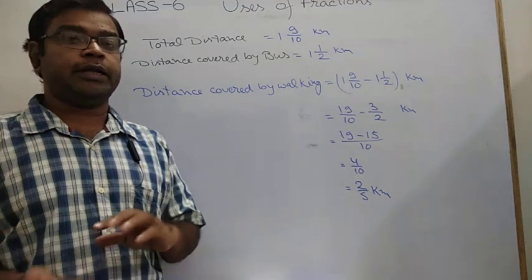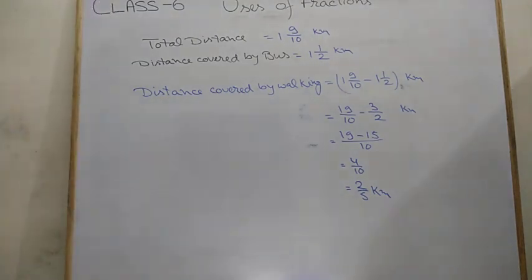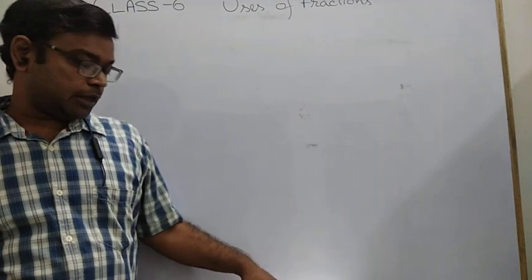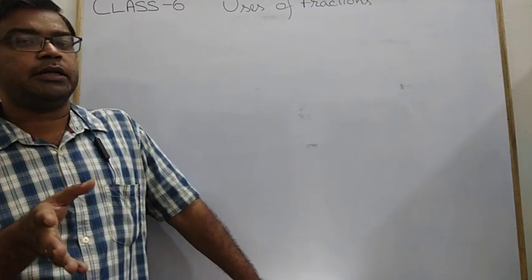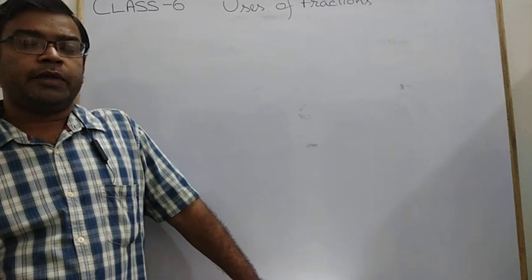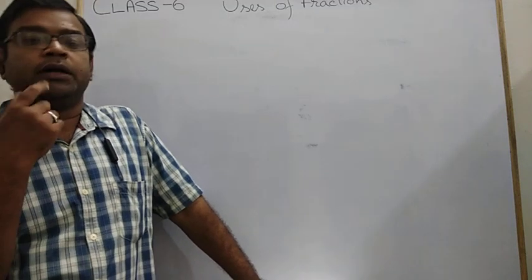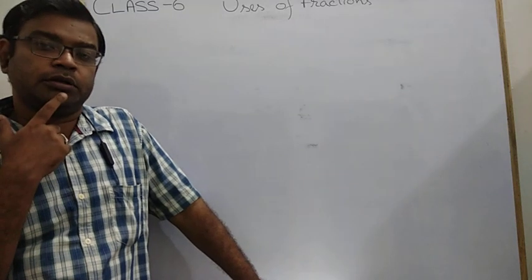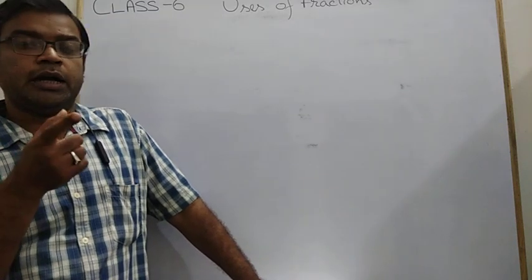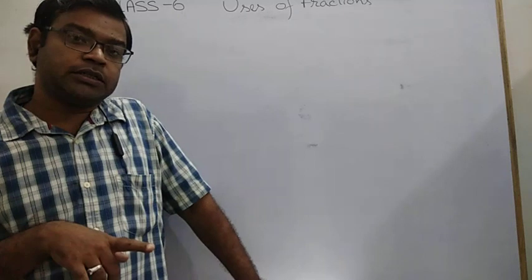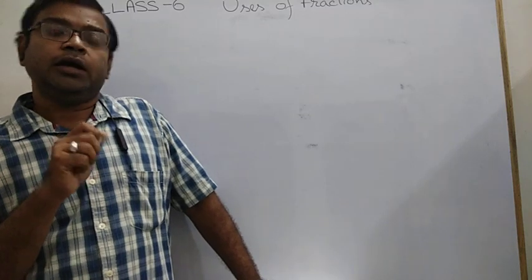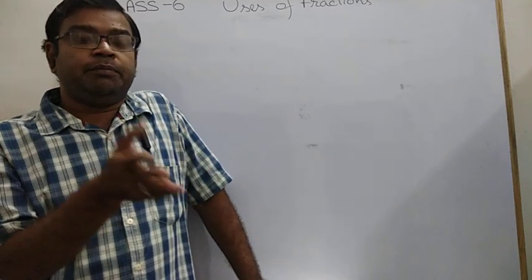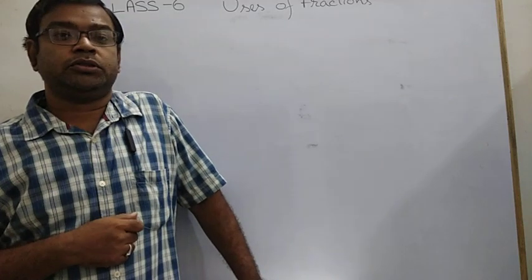Now we discuss two more questions and end today's work. There are some other types of questions. In this type of question, one part is given as a whole number, the other part is given as a fraction, and you have to compare which part is greater and which is smaller. In such questions, you can either convert all of them into fractions or all of them into numbers, so that you can easily find out which one is greater. I prefer to convert all of them, if possible, into numbers, so that you can easily judge them.